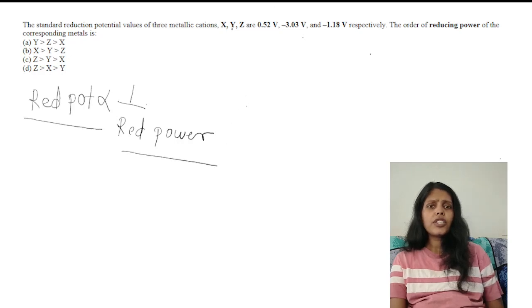So now we'll just check the values. X is having the highest reduction potential, so X will be having the lowest reducing power. Okay, as Y is having the lowest reduction potential, Y will be having the highest reducing power, and this is given in option 1. So option 1 would be correct and the rest 3 options would be